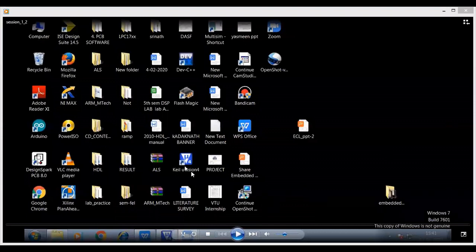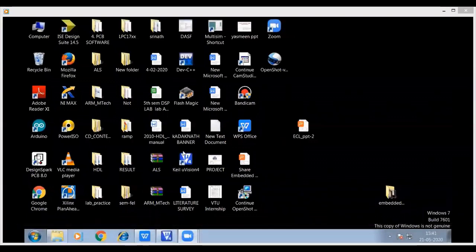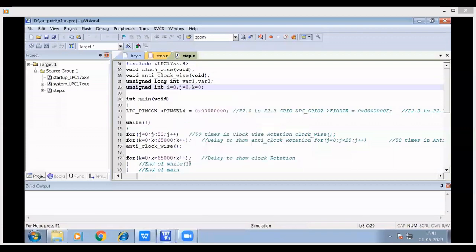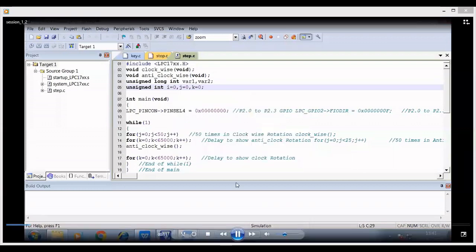Click on Keil Microvision icon on the desktop. Now go to Project.